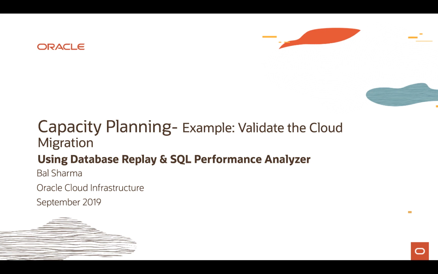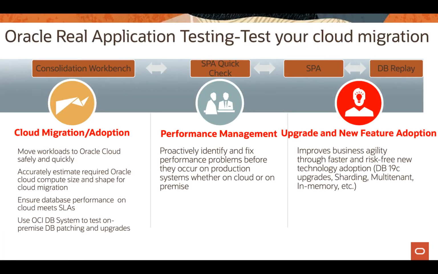In addition, Real Application Testing also provides Database Consolidation Workbench, which is an ideal tool for getting advice on cloud migration. Real Application Testing provides 4 different tools which help with testing all changes during a cloud migration. Starting with Consolidation Workbench, it helps move workload to Oracle Cloud safely as well as quickly. It also estimates the required cloud compute size and shapes for any cloud migration. Users can use OCI database systems to migrate and test the workload before they finalize on moving to Oracle